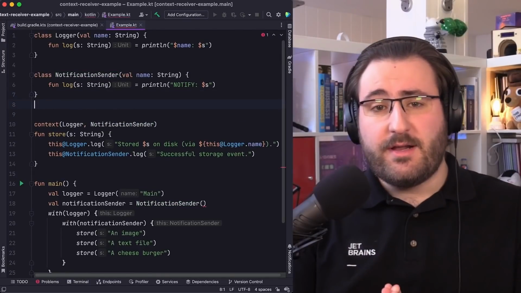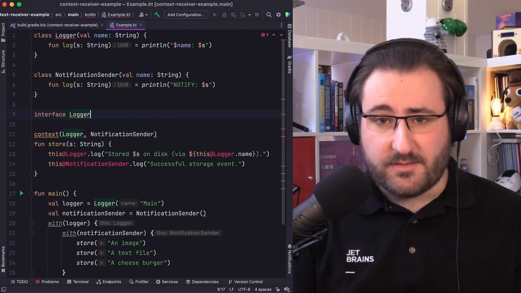But at the very least, we have arrived at an important mantra to remember for context. Don't do what we just did. Don't just wildly inject business objects. You usually need to design new types from scratch to use them as context parameters. Why? Because contexts introduce additional requirements on naming for their members and extensions. There might be cases where using a trivial object as a context receiver is okay, but you have seen the risks now. So let's follow our new mantra.